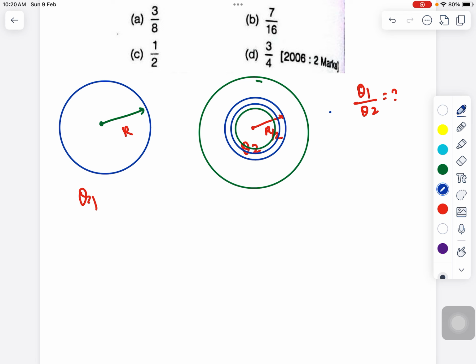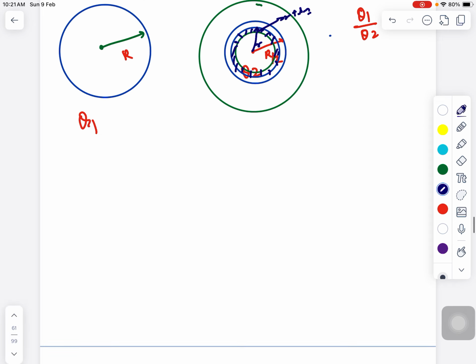Once we calculate this differential area element here, this is r, and let's say this is r plus dr. Okay, so when we calculate dQ,